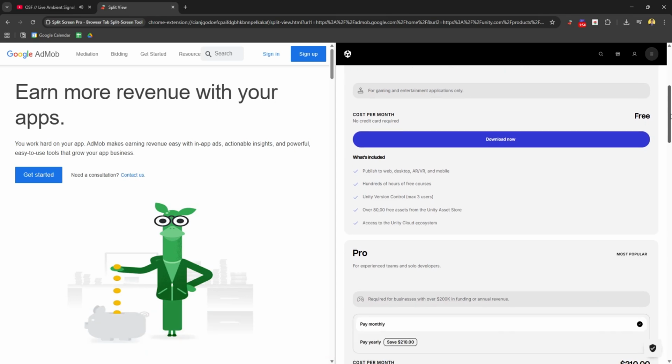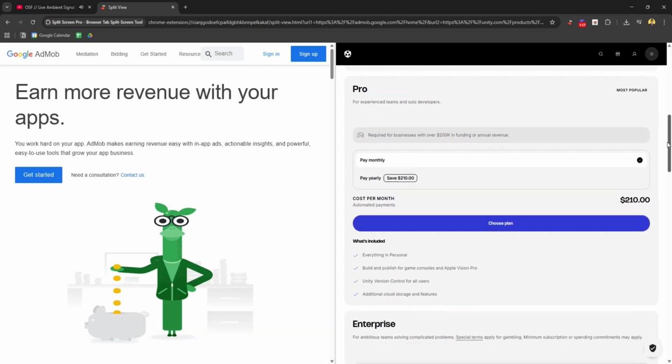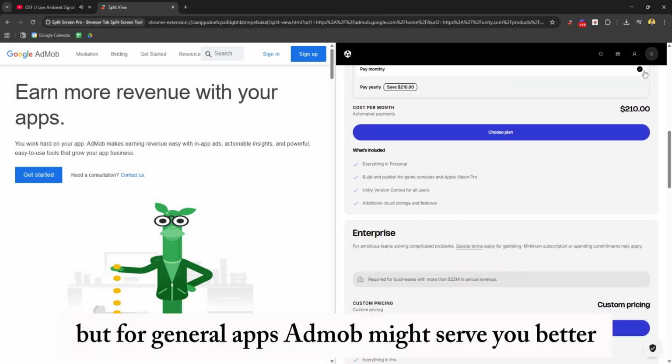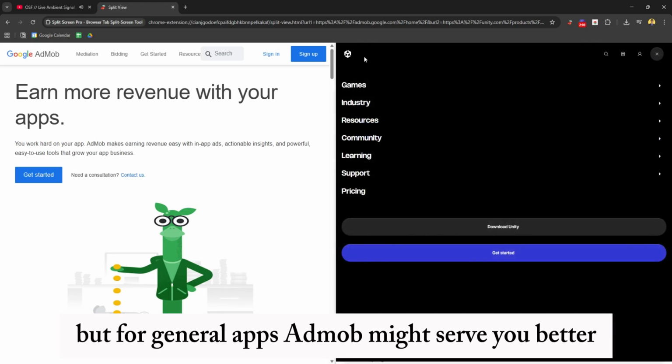In the end, if you're a game developer, Unity Ads could be your best bet, but for general apps, AdMob